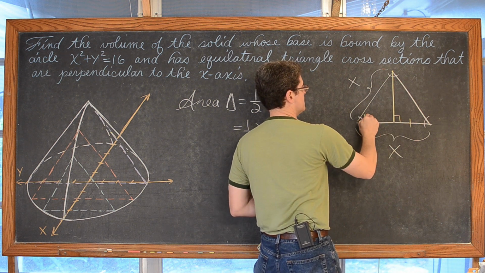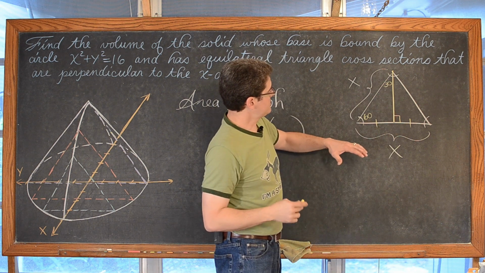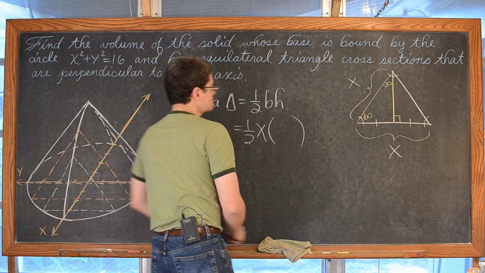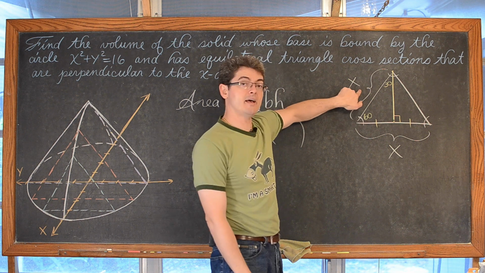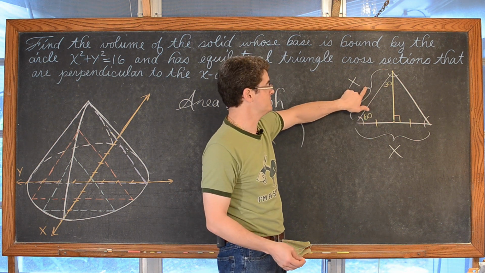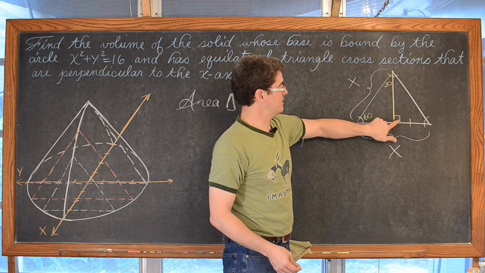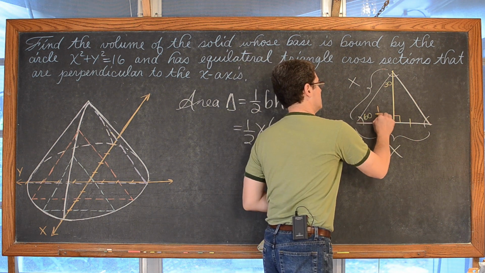So this is 60 degrees, this is 30 degrees, and now remembering our ratios of 60-30 triangles, well, I've already got my hypotenuse labeled with a value of x, which means that the side opposite 30 degrees is going to be half the hypotenuse. Again, I'm looking at this perpendicular line coming down from the altitude to the base, and that is going to be 1/2 x.